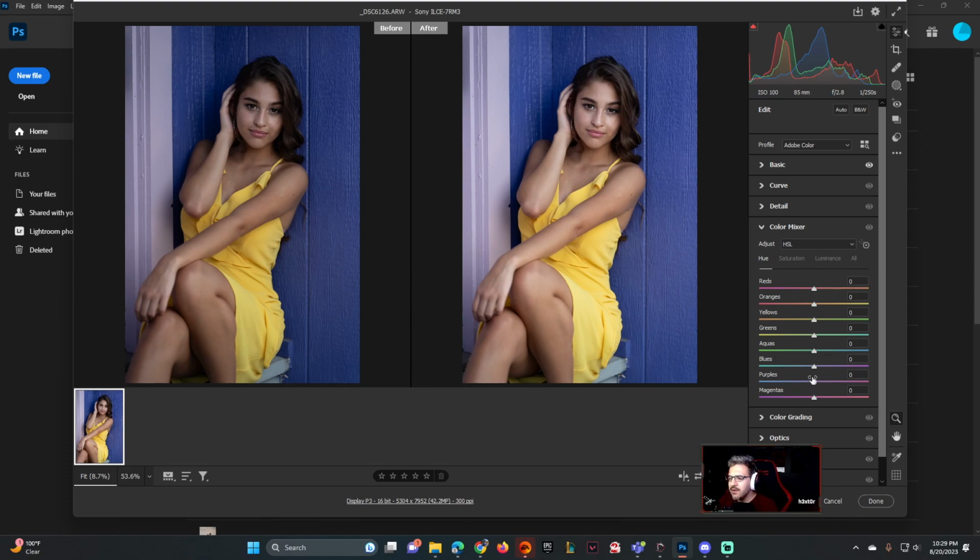So right here we have our hues where we can change the colors of stuff. Currently we have purples to blues, and this wall is kind of purple, right? So you can select these blues right here, or these purples, and change them around. And I like the idea of having this almost more bluish color, because the blue and the yellow contrast really nice. So I'm gonna bring this over here into, let's say, 75 to give it this blue hue,